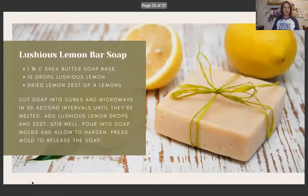The first one, I laugh because it's a bar soap, which seems really hard to me, but you can buy a shea butter soap base. Add 10 drops of Luscious Lemon plus dried lemon zest of 4 lemons. And then I guess you just cut that soap into cubes and microwave until they're melted. Then you add in your lemon drops and zest and you stir well, pour into soap molds and allow to harden. I have never made soap in my entire life, but that makes it seem like it would be super